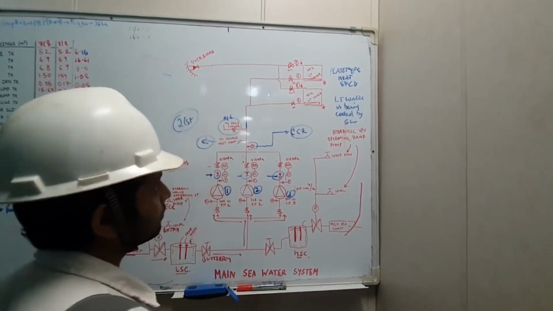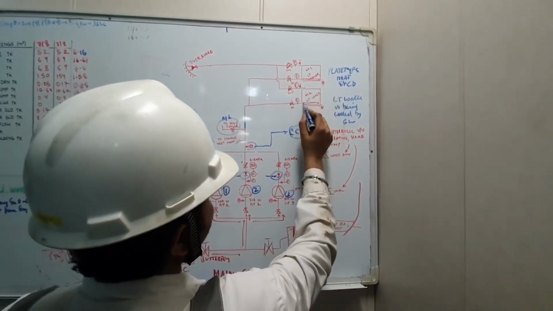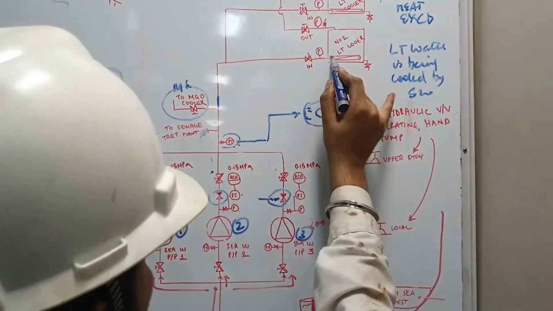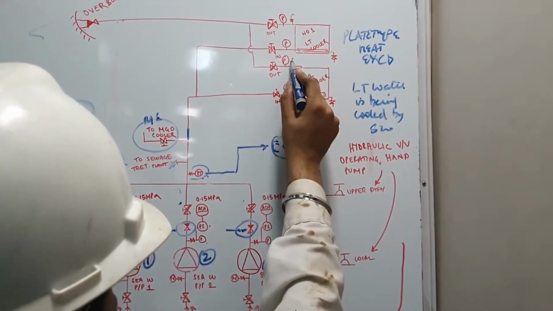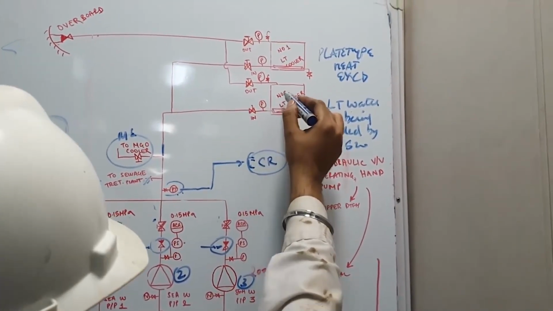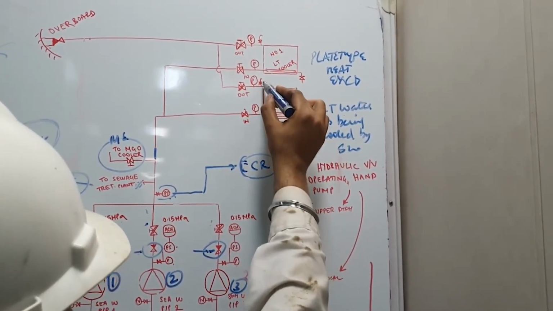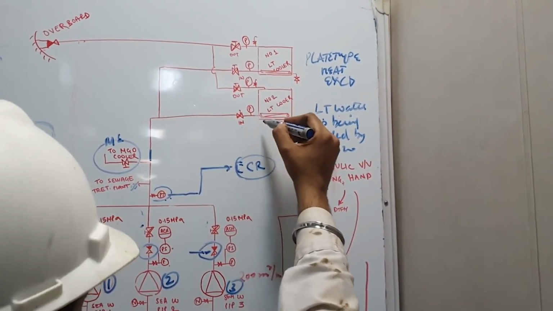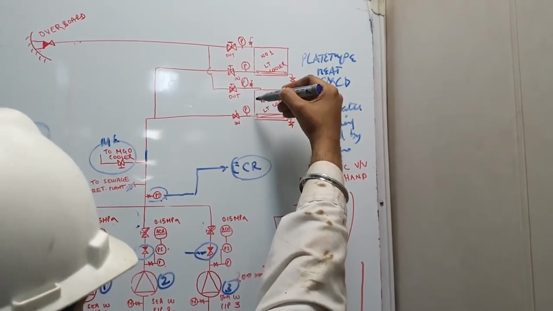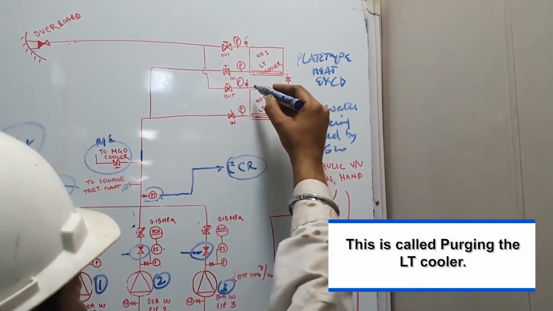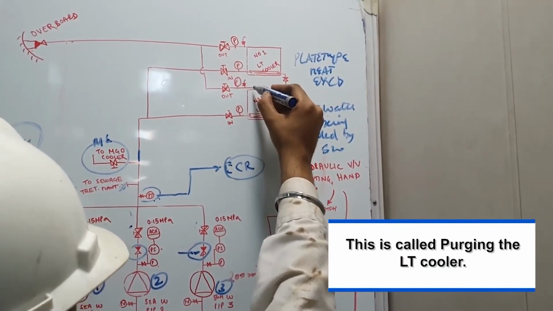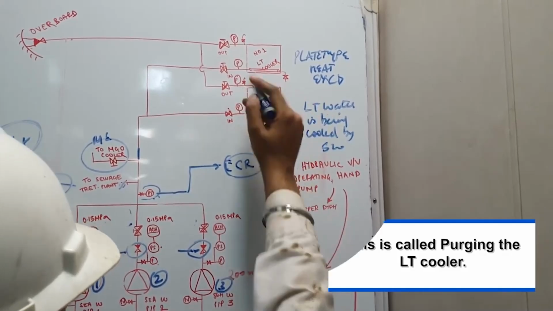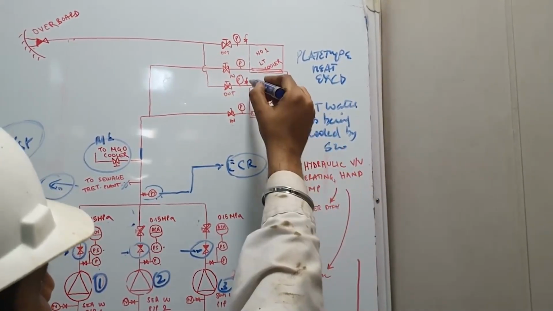Copy it, guys? Now, in both these LT coolers, there is a filter fitted inside. And I have got a pressure gauge and a venting over here. Venting is, in case your LT cooler is empty and you have to put it in use, you have to keep this valve open, let the water come in so that it fills inside the LT cooler system. And when the air stops coming and only water is coming, then we shut it. That means your LT cooler is filled with water and there is no air in the system. That is why this vent is given.